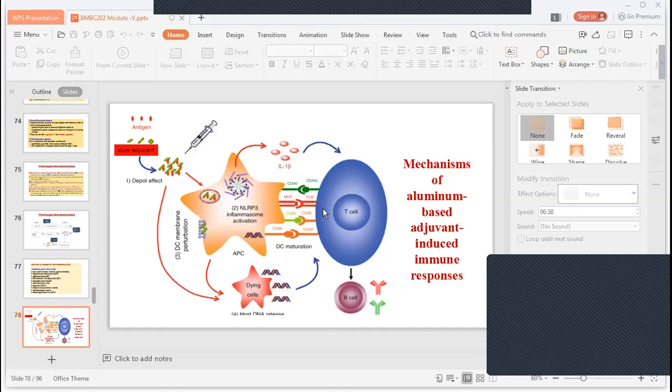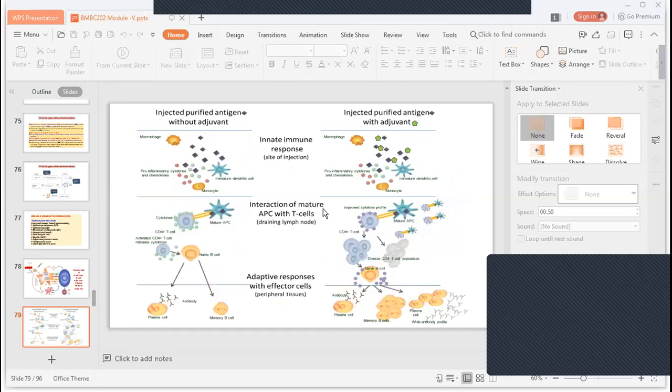So the question will come into our mind that antigen is also doing the same thing. So why should we add adjuvant? Now this slide will tell you what advantages the adjuvants are providing in vaccines. So these two steps are almost similar, but here you can see that if you add adjuvant along with antigen in your vaccine, then this adjuvant is also synthesizing or releasing two different types of cytokines. So here they are releasing cytokines.